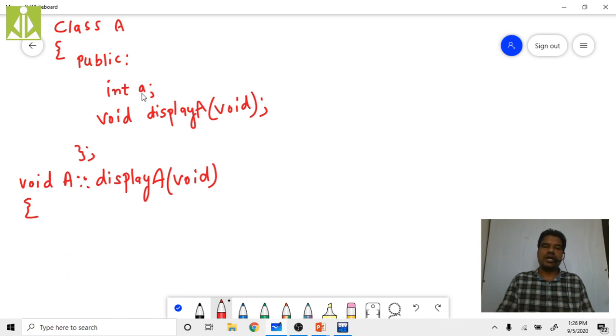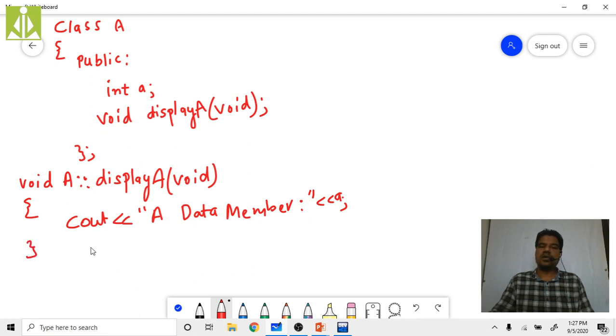I'm printing only A over here: cout "A data member:" and then print that a. So like this, we are simply printing the a value.